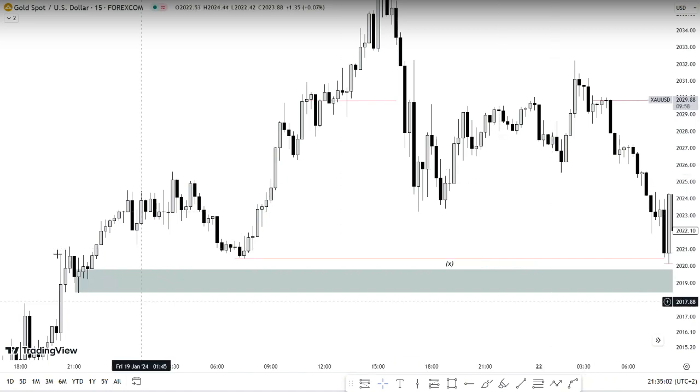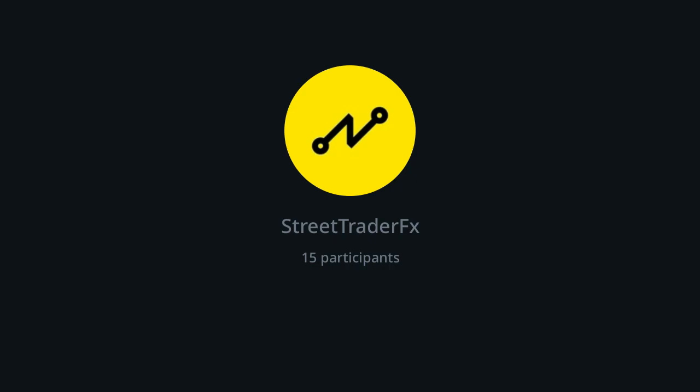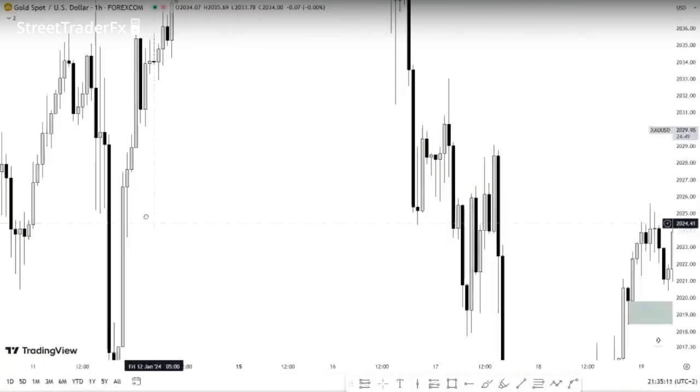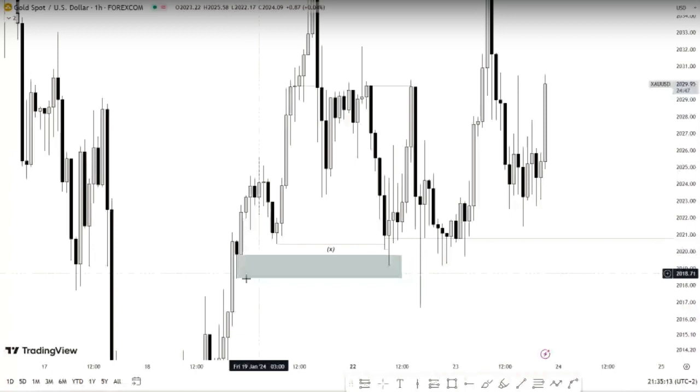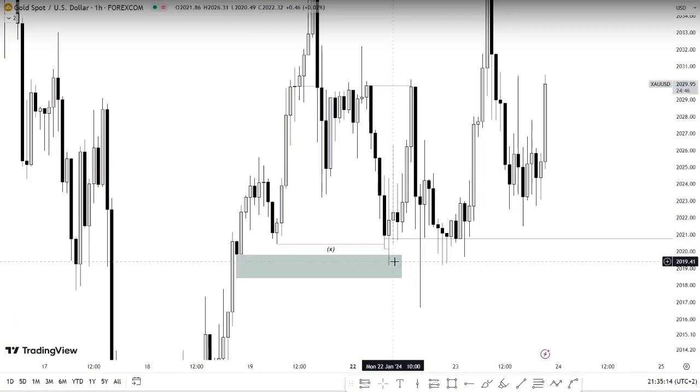So fine. This is the 1 hour. I'm going to go back to the 1 hour. I want you guys to just picture this. So you can see this is our 1 hour area of support, right? So on the M15,